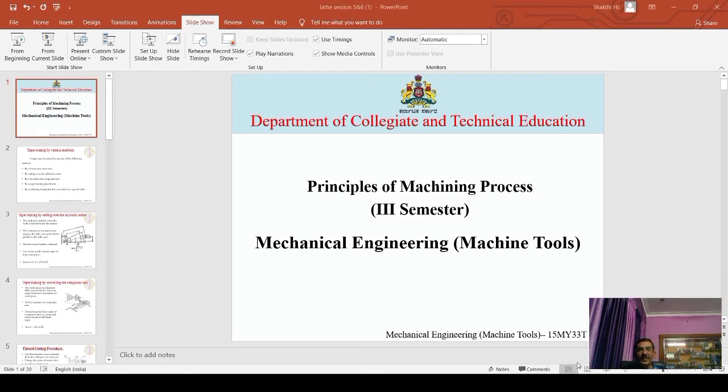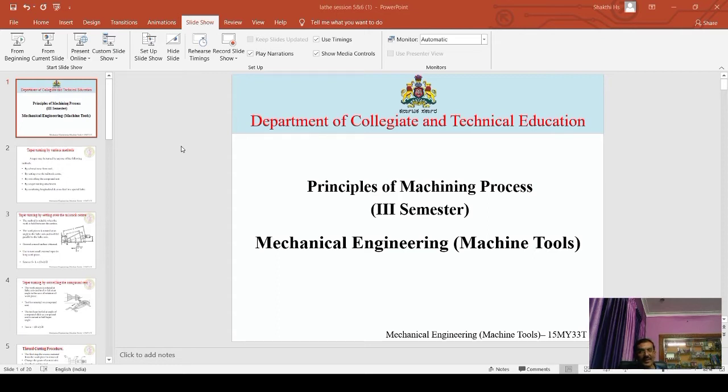Regarding taper turning methods. Taper turning means reducing the diameter from one side to the other. There are various types of taper turning methods. Fundamentally: the form tool method, taper turning by attachment method, taper turning by tailstock method, taper turning by setting over method, and the compound rest method. These are the five methods used to turn the taper at various stages, at various operations,